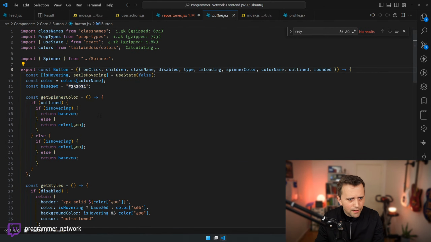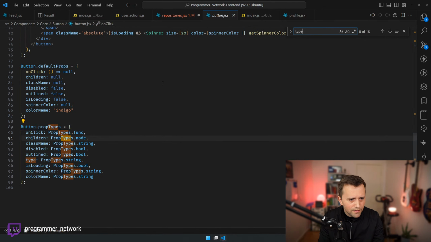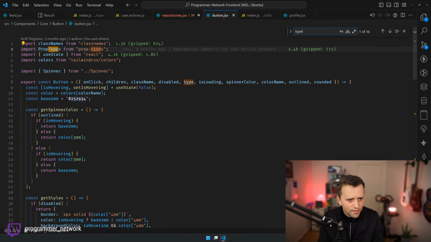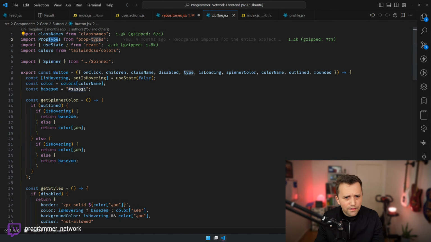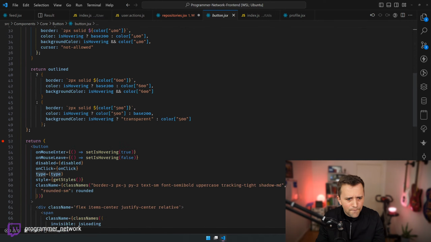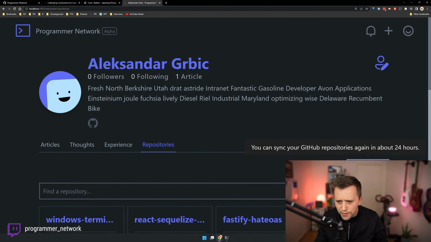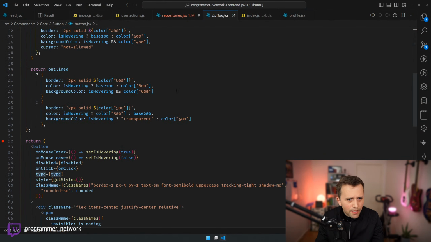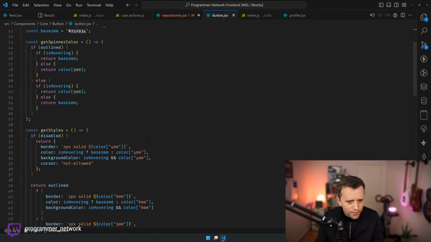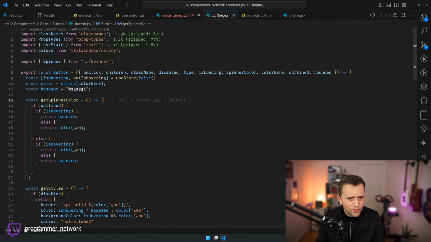And what are the types? I forgot how I implemented this completely. Oh no, never mind. And also, what is this border? My buttons shouldn't have that. There's something also off with those colors, so let's fix that. It's super strange.